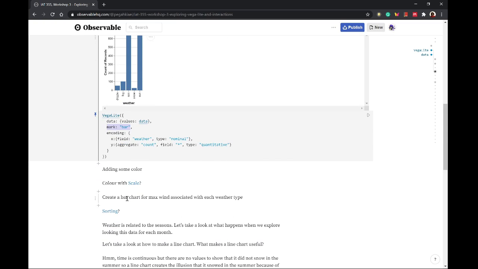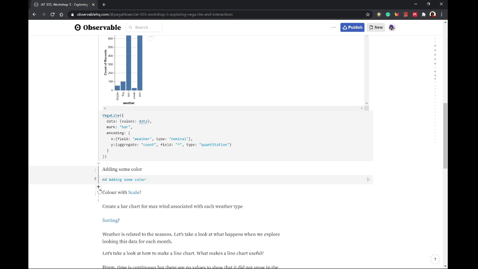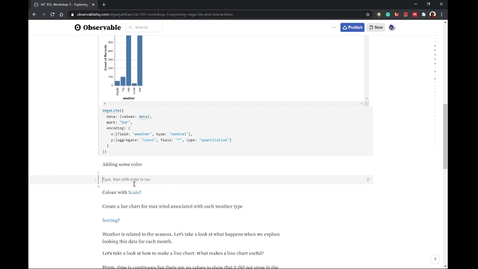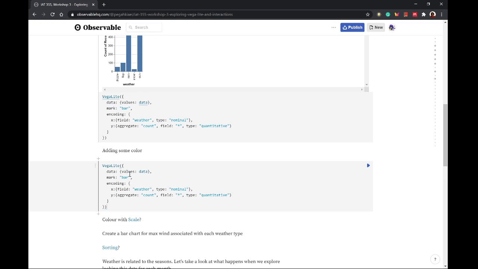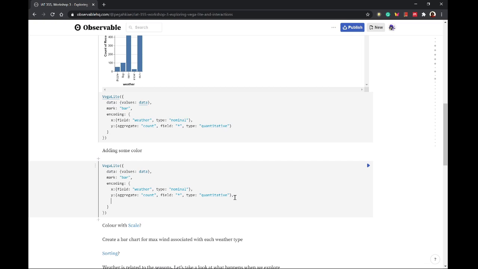Okay, so let's begin with the first extra mapping, or modification mapping, for Vega-lite. Let's add some color to the bar chart we made. So I'm going to copy this one. Okay, so to add a color to the bar chart we are making here, I'm using